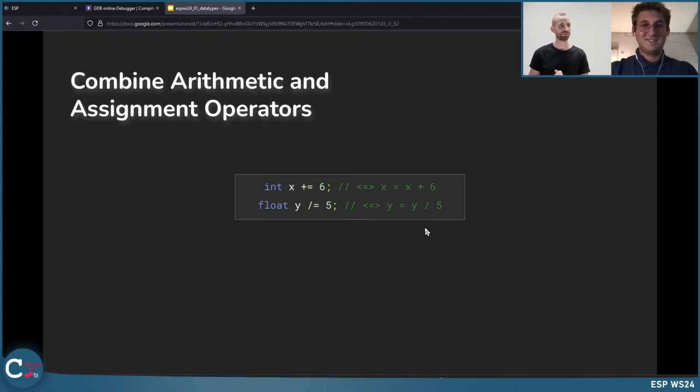And one additional thing we haven't mentioned is this semicolon here at the end. Do I really need this, Sebastian? Yes, at least in the C programming language. There are other programming languages that don't need a semicolon, but in C it's required to end every statement you write with a semicolon.